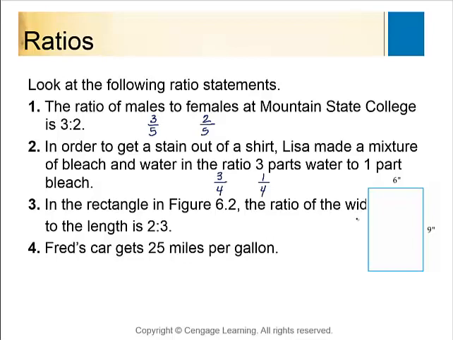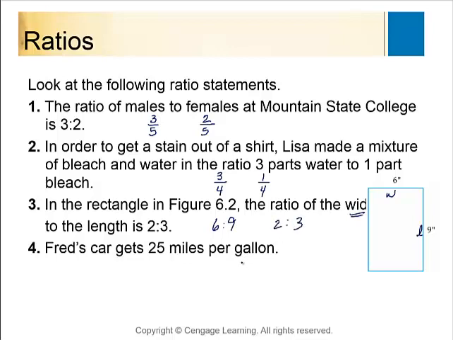Looking at my rectangle here, the ratio of the width to the length. So if we say that this is the width, because we can turn it around and call it whichever way we want to, but if we say that this is the width and this is the length, and they'll always put whichever one they want first, written first. So that would be 6-to-9, but that can reduce because there's a 3 in each, and we reduce it to